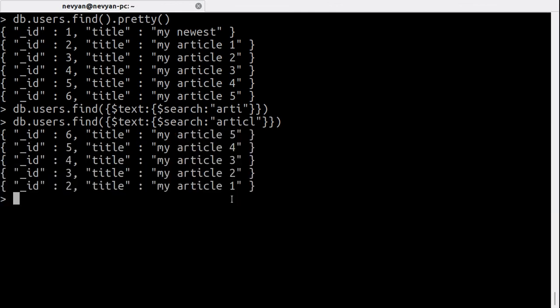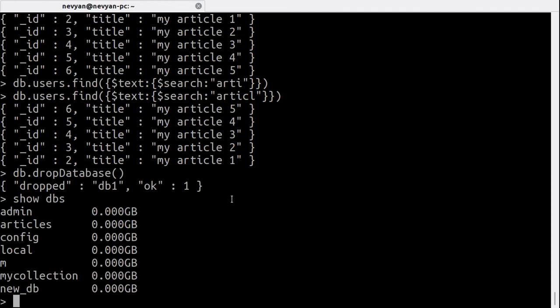Okay. One last thing is how to remove the database or drop it. So we'll type just db.dropDatabase, then show databases. We see that the database users is missing here. With cls, you can clear the screen,